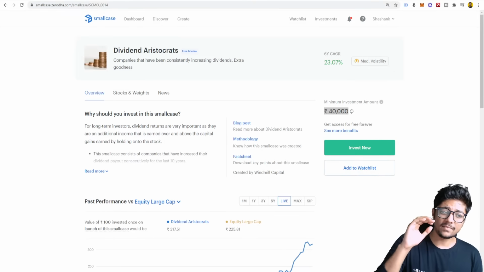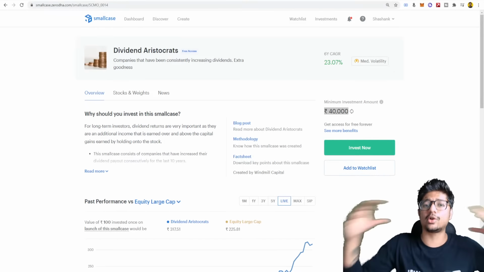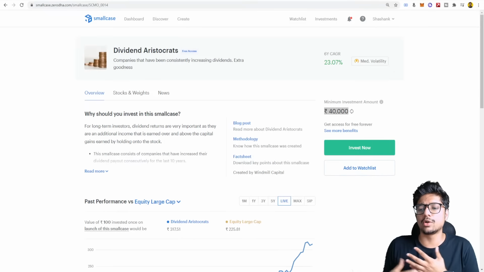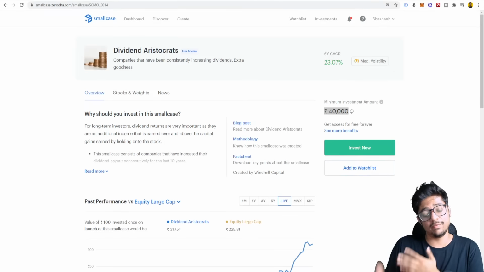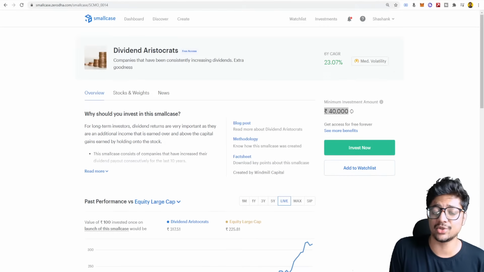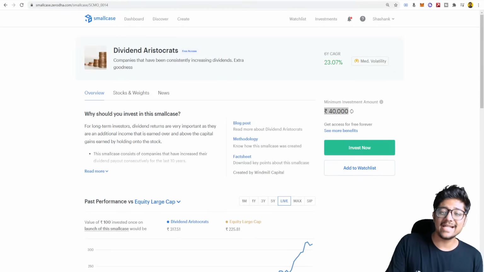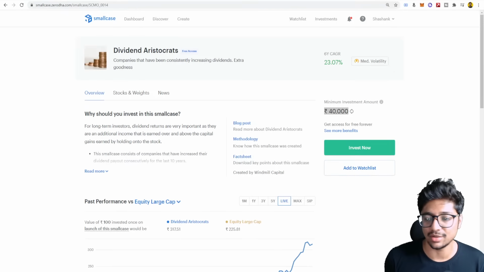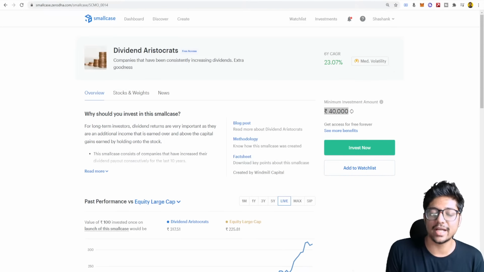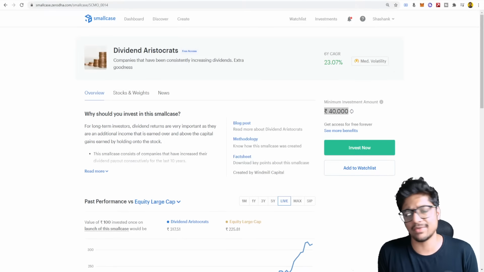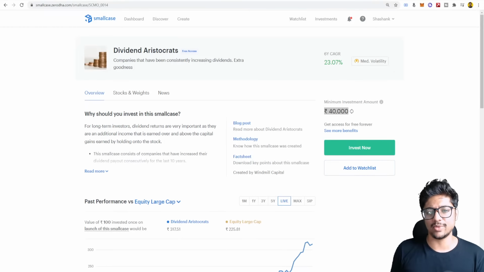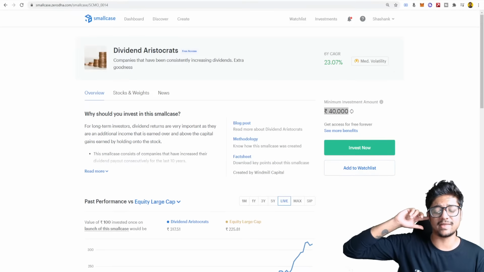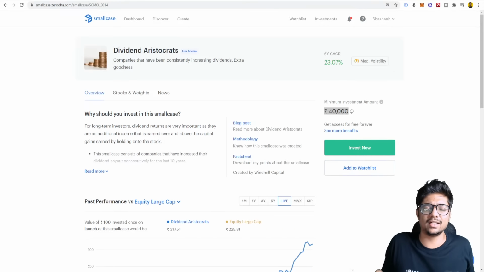But if you're investing your parents' money, they'll already have a corpus of 1 crore, and that will give you a good yield over a period of time, maybe 5, 6, 7% in dividends, depending on how good the year is. That anyway beats your inflation, beats your fixed deposit, and it gives you capital appreciation too. Not only will you get dividends of 5, 6, 7%, while your fixed deposit is just going to give you 5, but this will give you capital appreciation as well. So if you invest 1 crore, you can take 5% out of that. Very good amount, right? And if your parents have saved even more, then even greater.